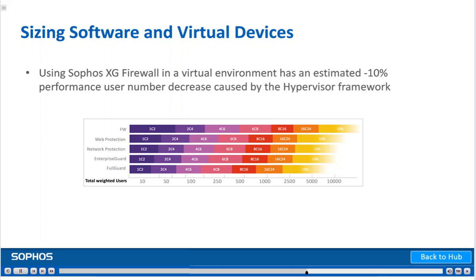The performance might vary significantly even if using the same number of cores or RAM size. The diagram provides a rough guidance of total weighted user ranges recommended for each software model. Numbers are based on the following assumptions: a CPU speed of 2.5 GHz, a CPU type of single-core Xeon,